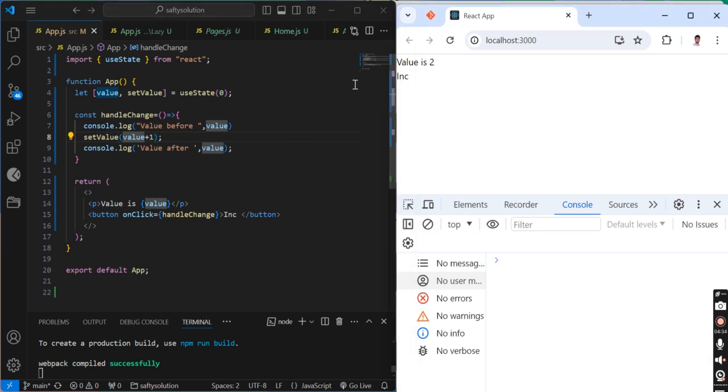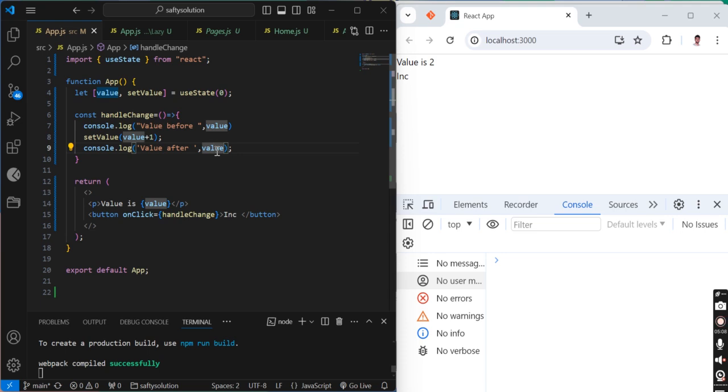So see, now understand once again. Its value is 2. When I click, the value printed here will be 2 because it is 2 right now. Here I said to increase the value by 1, but it will not increase immediately until it finishes the execution of this function. So when the control comes here, again it's printing value.